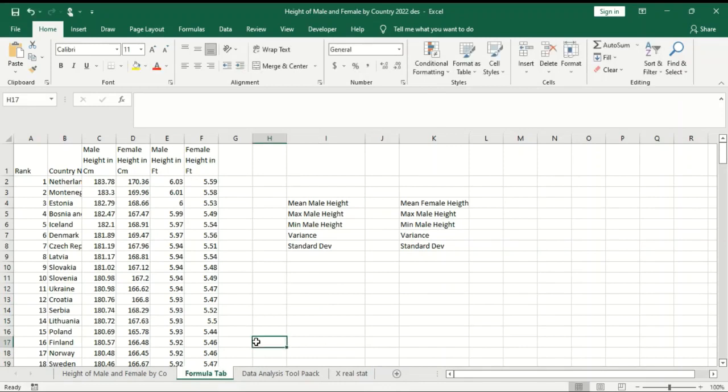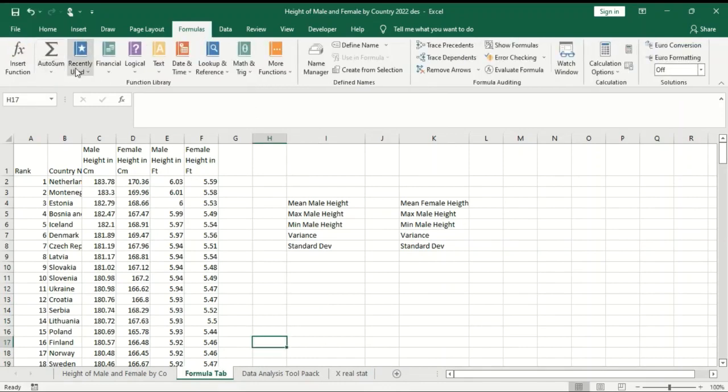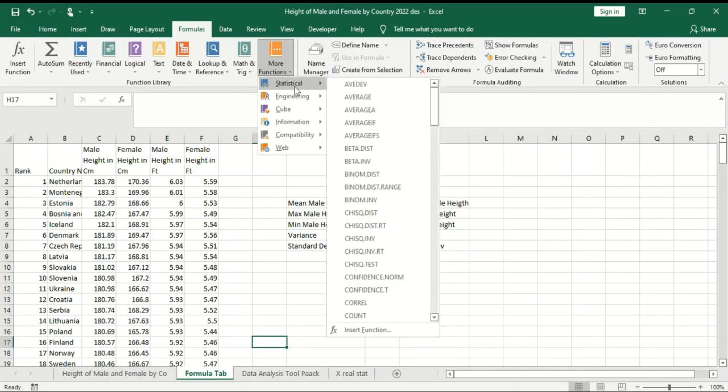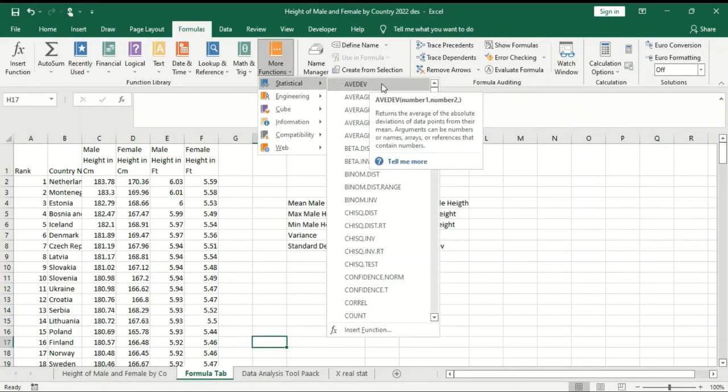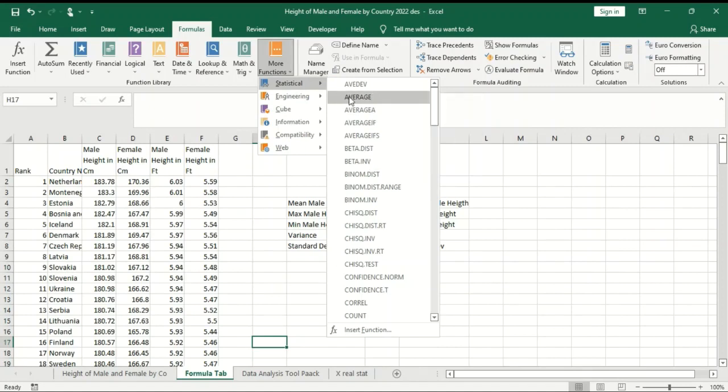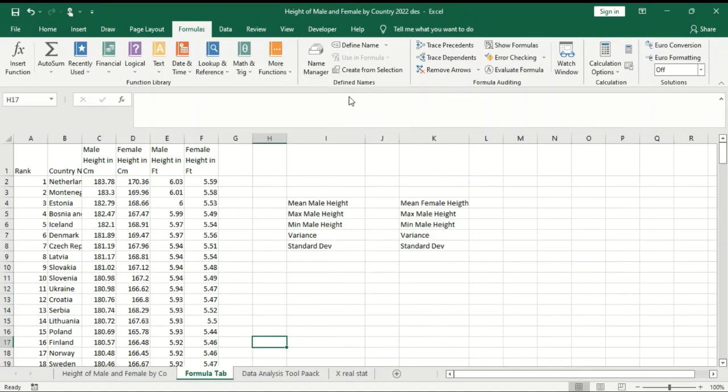In this case, I'm going to be using the formula tab. By the time we go to the formula tab, these are using AutoSum. We can use this, or we can come to More Functions, Statistical, since we're doing statistics, and go to Average. Now remember, average is the same thing as mean. So if I click on this,